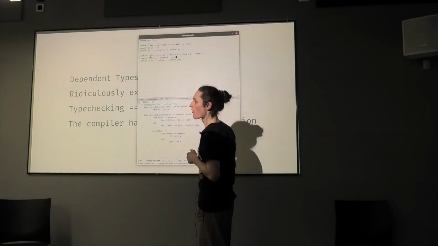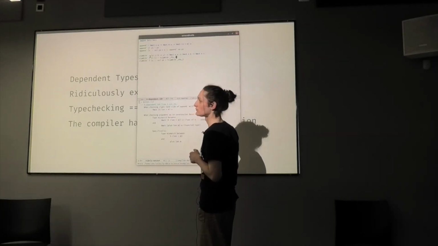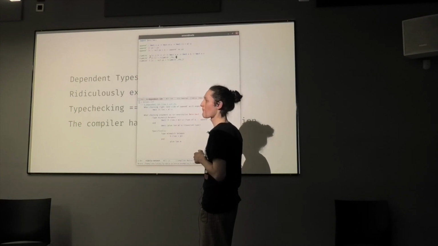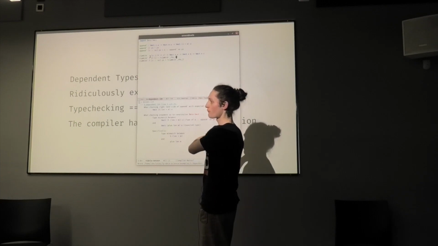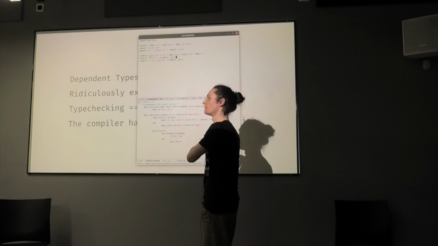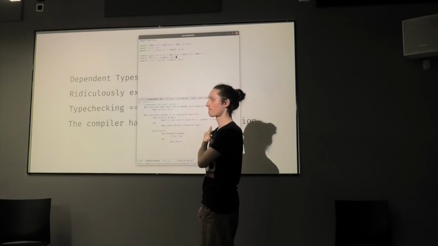So with the dependent types, am I right in thinking you could create a type that was like a list of strings that had to have 3 elements in it? Yeah. And if it didn't, then it would warn you at compile time. Yeah, exactly. So that would be a whole slew of bugs gone.